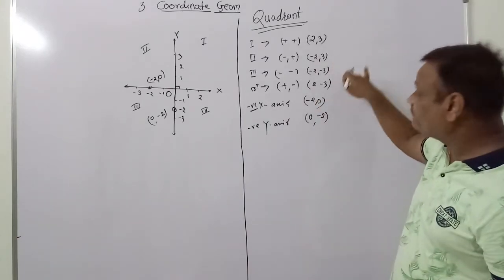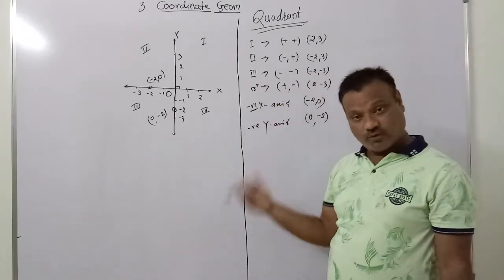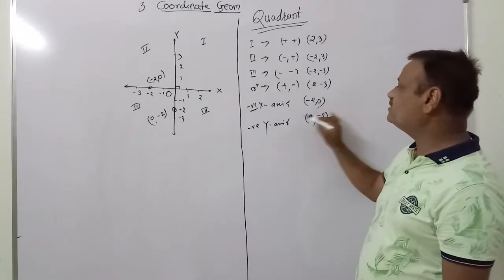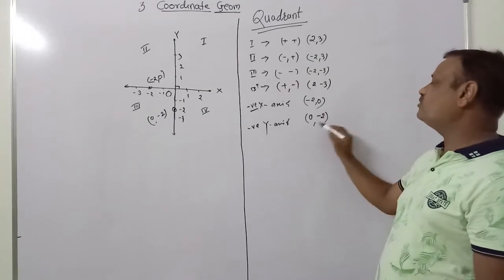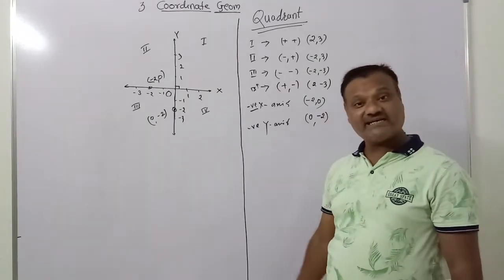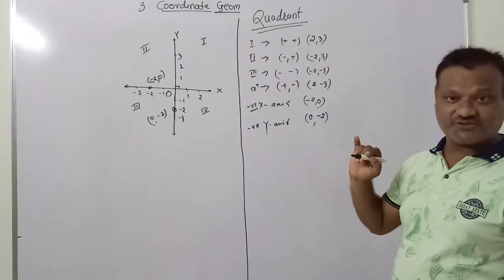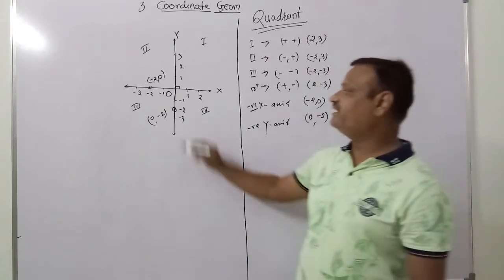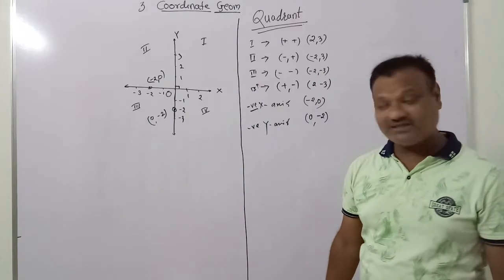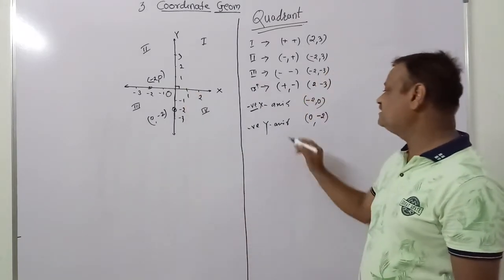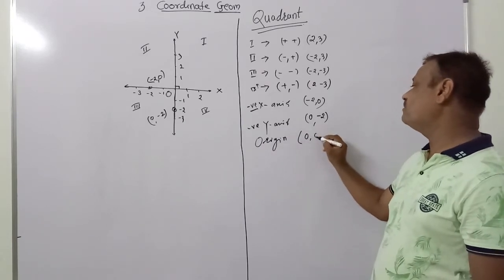So in this way we can find where the point lies, either in the first, second, third, or fourth quadrant. If it is on an axis, we can also see whether it is the positive or negative x-axis. If it is (2, 0), that is the positive x-axis. (-2, 0), negative x-axis. (0, 2) is the positive y-axis, and (0, -2) is the negative y-axis. Understood? And where these axes intersect each other, that point is called the origin. Therefore the coordinates of the origin are (0, 0).